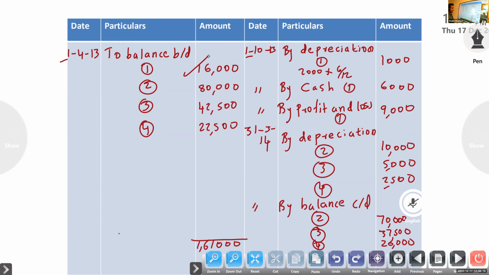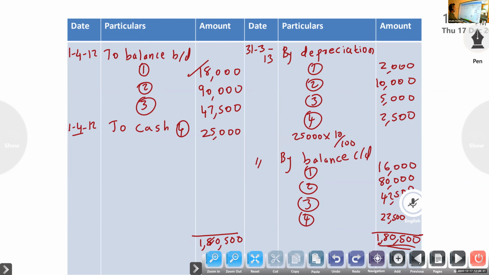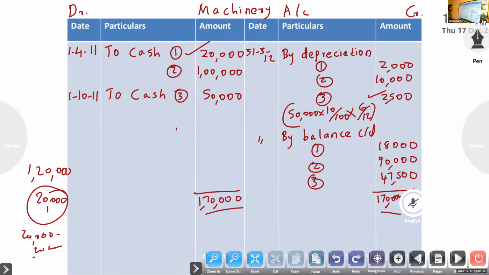In the same way, the amount of depreciation also goes on declining year after year. Such a method is known as the diminishing balance method. The value of the asset goes on declining year after year, and the amount of depreciation also decreases year after year. Such a method is known as the diminishing balance method.